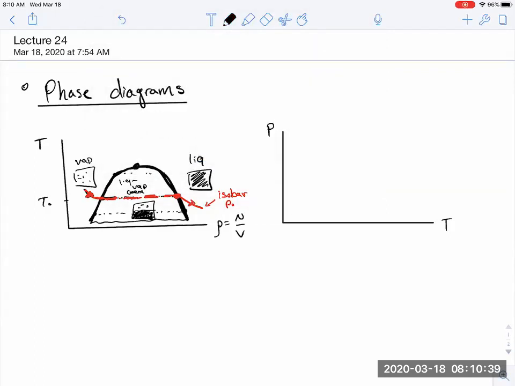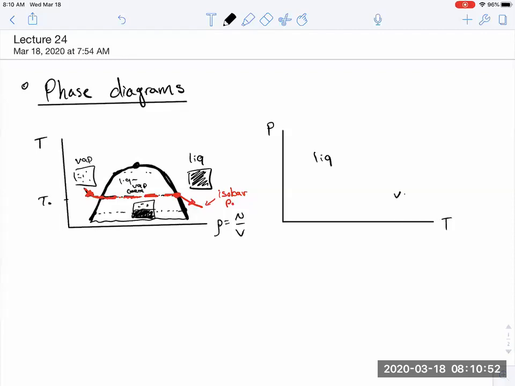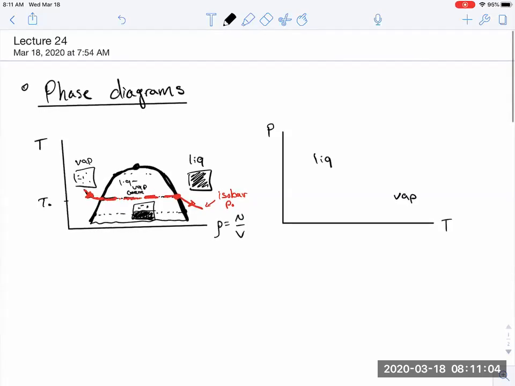Okay, so let's try to use that intuition to fill in this phase diagram. Well, first, where in the pressure temperature plane am I likely to see a liquid? So that's at higher pressure and lower temperature. Correspondingly, I'm likely to see a vapor at higher temperature. Now, if I was to do this same experiment where, at fixed pressure P naught, I go from the vapor to the liquid,